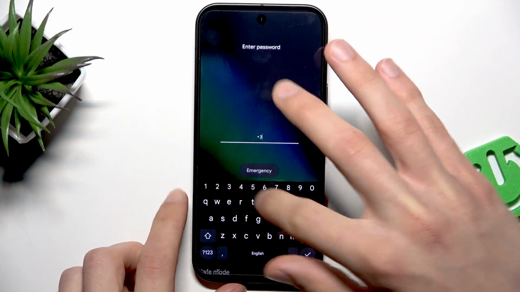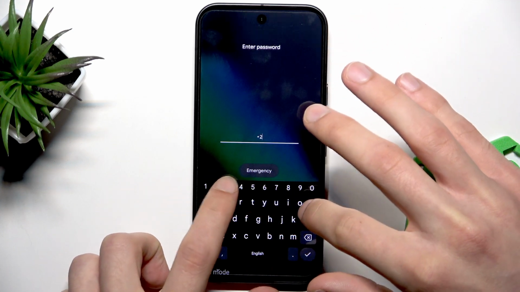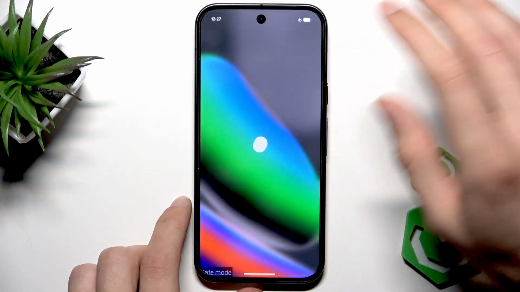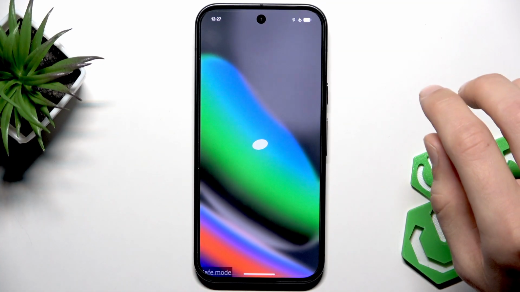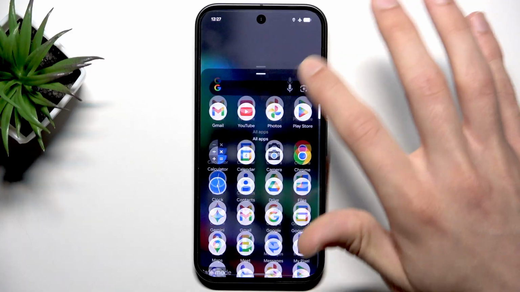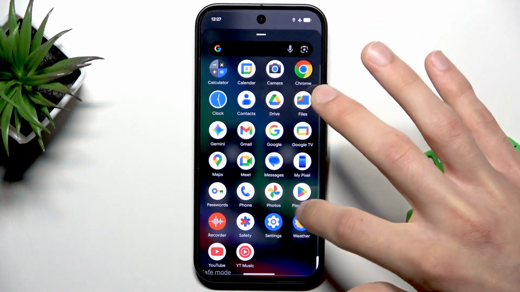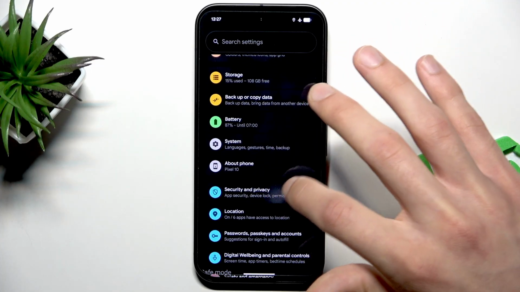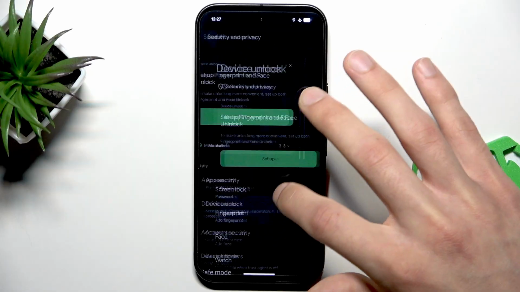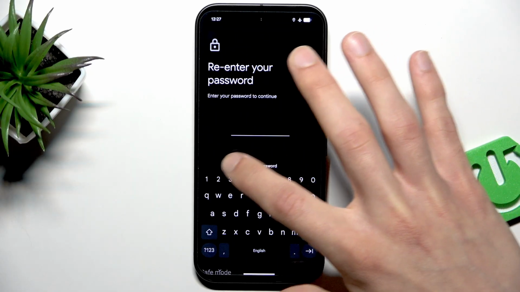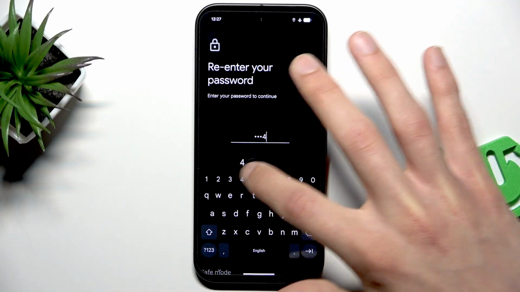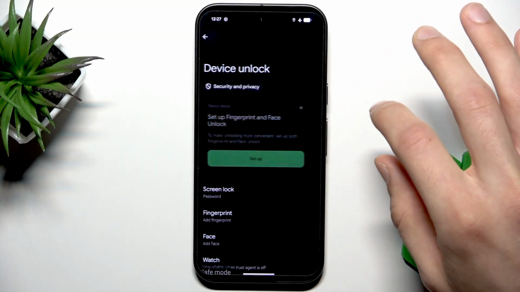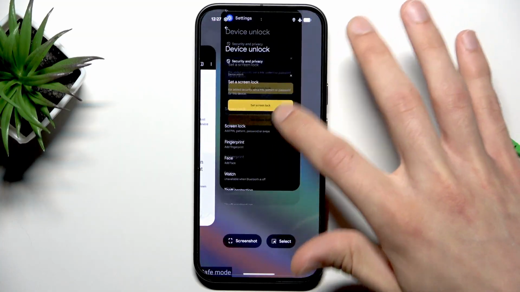Then enter your password, press OK. And in case you succeed, maybe not at the first attempt, but generally, if you succeed, you have to go to Settings, then select Security and Privacy, then go to Device Unlock, Screen Lock, again enter your password in this field, press OK, then select None, click Delete,